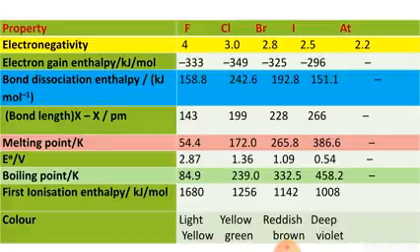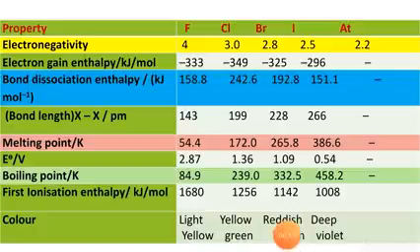So one question may arise: why does fluorine have less bond dissociation enthalpy? This is basically due to the presence of lone pairs of electrons on fluorine. There is more interelectronic repulsion between fluorine atoms due to small size. Hence, the bond dissociation enthalpy of fluorine is less than chlorine and bromine.